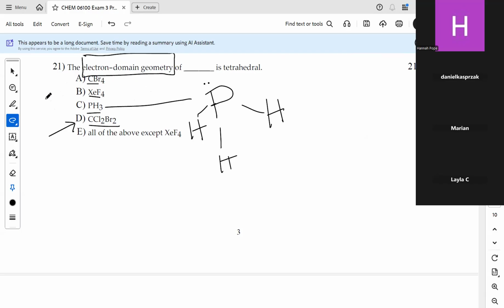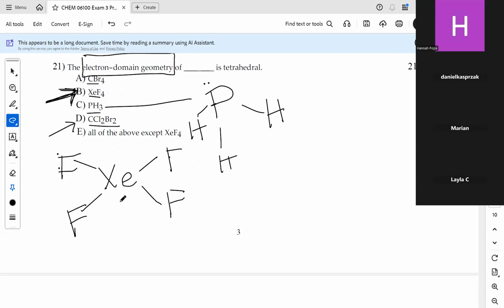So I would maybe confirm xenon tetrafluoride if I didn't know whether that would be tetrahedral or not. So that's going to be the only one that is not, right? We would think xenon has 4 bonds minimum, but if we count up our valence electrons, oh, these are all fluorines, we would see that it does the expanded octet thing. So it's actually